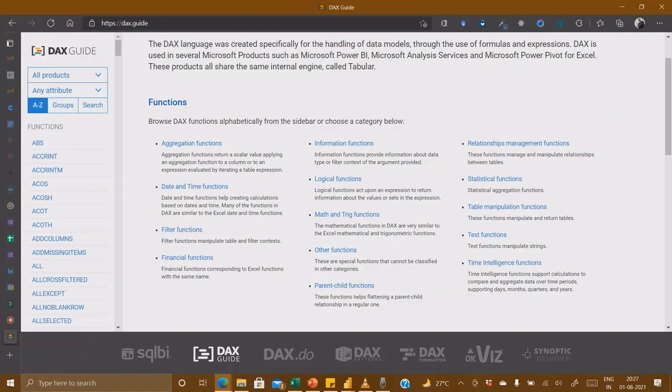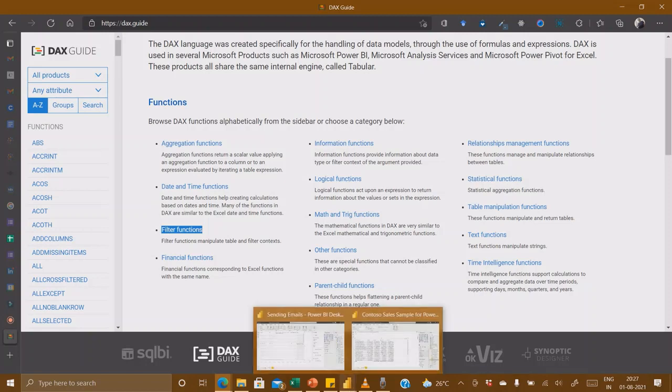So we have aggregate functions. For example, sum is an aggregate function, max is an aggregate function, divide is again an aggregate function, then date time functions. So date time, you know what date time is. This important function, the filter function, is there. This is the most important function, which we will be discussing now. Again, you can check other functions also, like we have statistical functions, which have regression analysis and all. Those things are also present here.